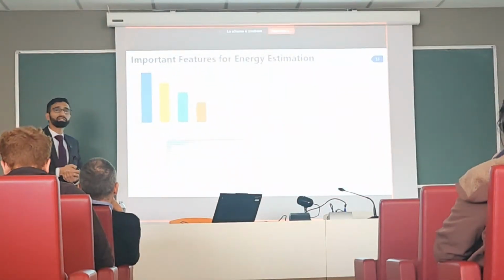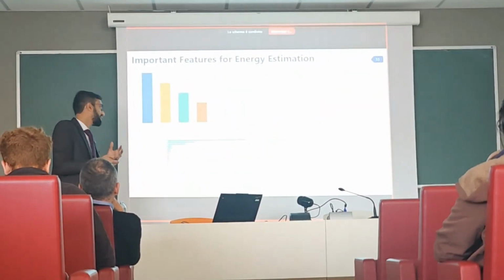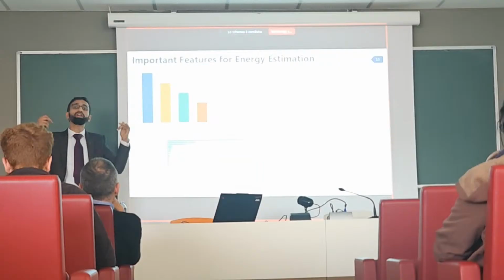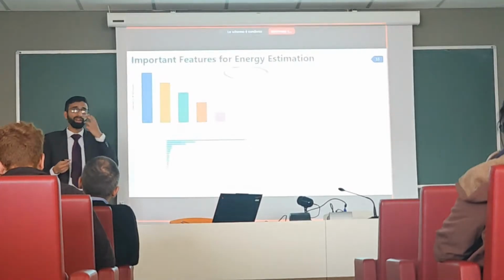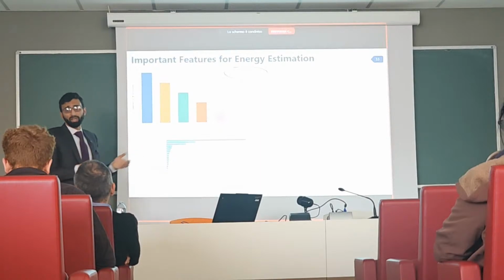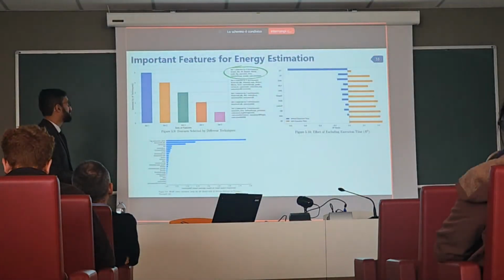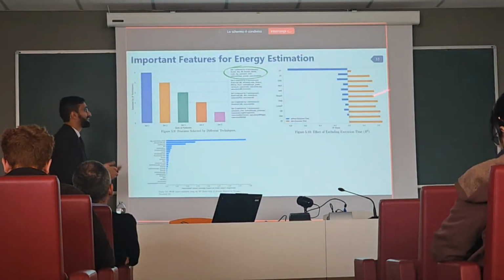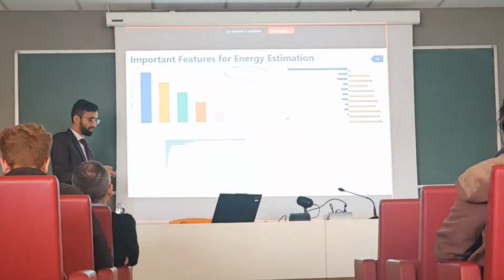So the name length appearing in third place gives us an idea that sometimes it might be possible that the longer names, or the shorter names, are somehow associated with energy. They show the intent of the developer that this particular method is more important than the other methods. So this naming selection is also sometimes important. And yes, when the most contributing feature, the execution time, is excluded, the models really start to perform poorly. Even though they were not performing well before, they still drop their performance further.